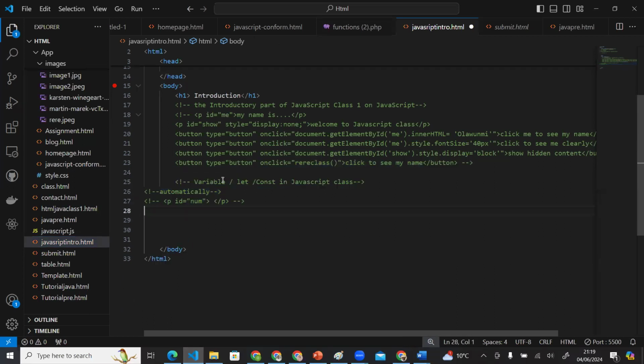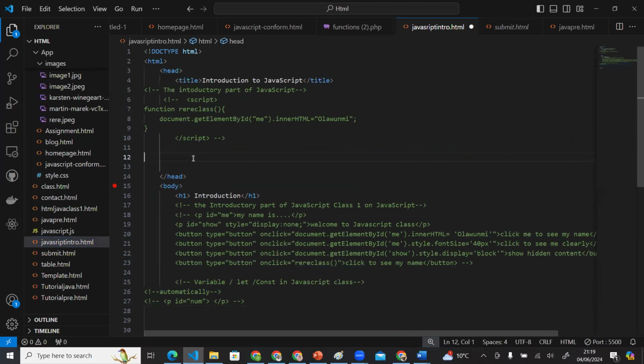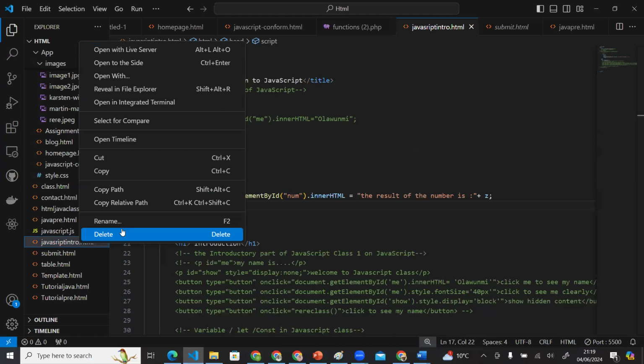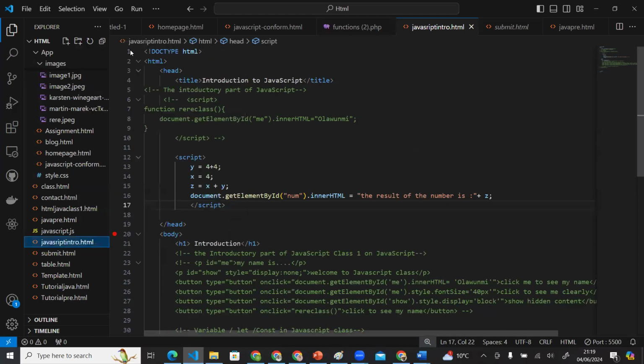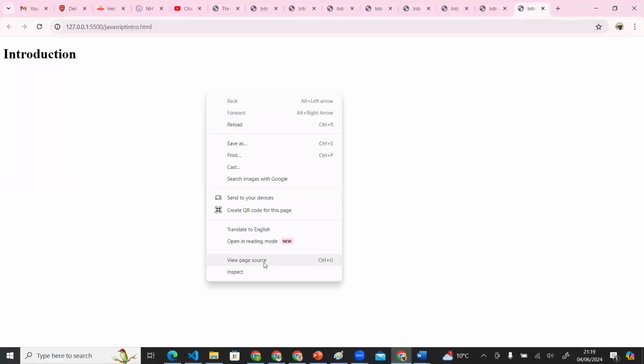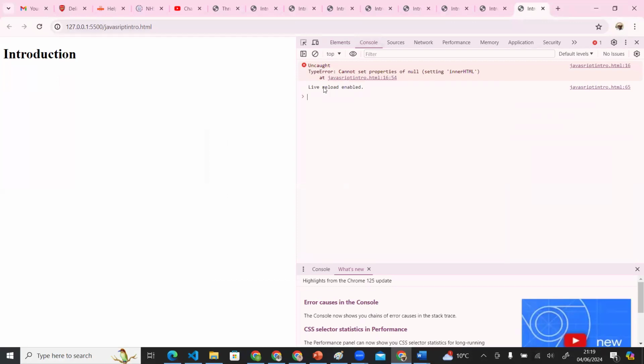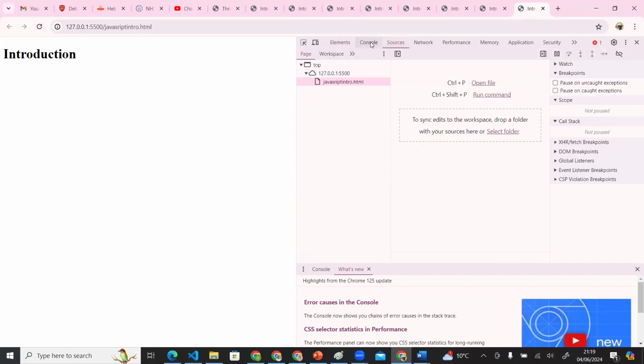Cut, to the header. Paste. Save. Error: cannot set property of inner. Oh. I can't use inner HTML because